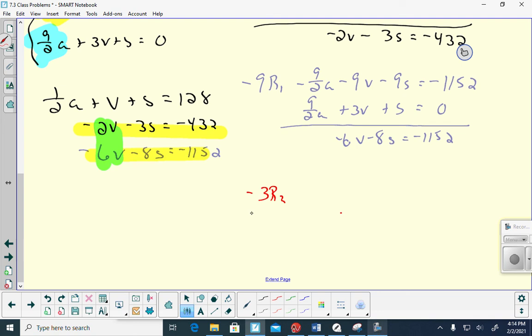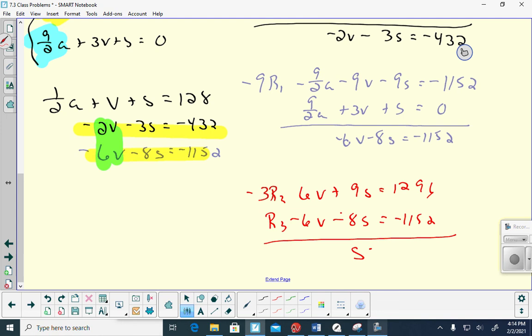And when I do that, I'm going to have 6v plus 9s. And then when I multiply that, I get 1,296, all positive because they were all negative before. Row 3 is -6v minus 8s is equal to negative 1152. And then I get s is equal to